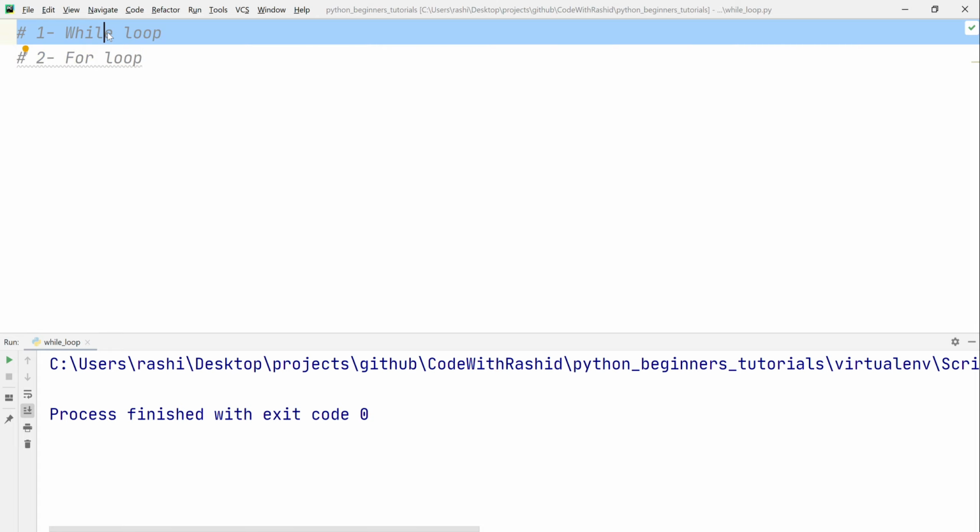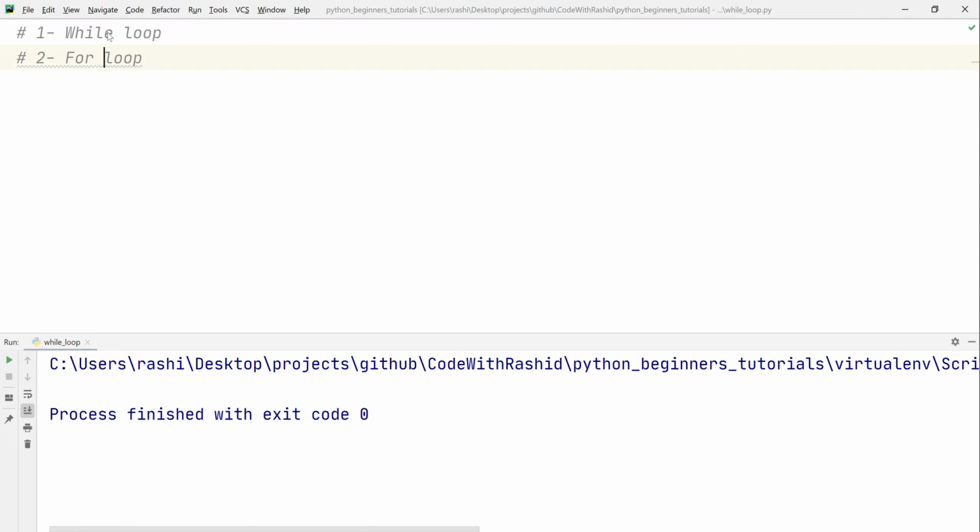The while loop is used to execute a set of statements multiple times as long as the condition is true. To use a while loop, first of all we shall define a variable, that is i, and its value is 1. Now we shall write the while keyword and then the expression, that is i is less than 4, and finally the print statement, that is print the value of i, and the last part is incrementing the value of i, that is i plus 1.